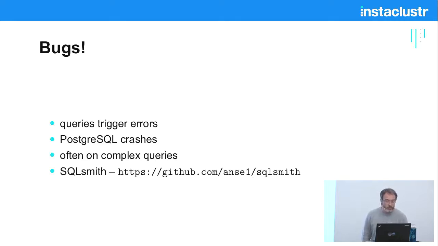And to find bugs in that area, a colleague of mine has written a tool called SQLsmith, which basically generates random SQL queries, runs them against the server to see if it can trigger any bugs in there. There's a similar tool called Csmith, which can generate random C programs to trigger compiler errors, but we are now looking at the SQL side here. Just to give an idea of what SQLsmith is doing,